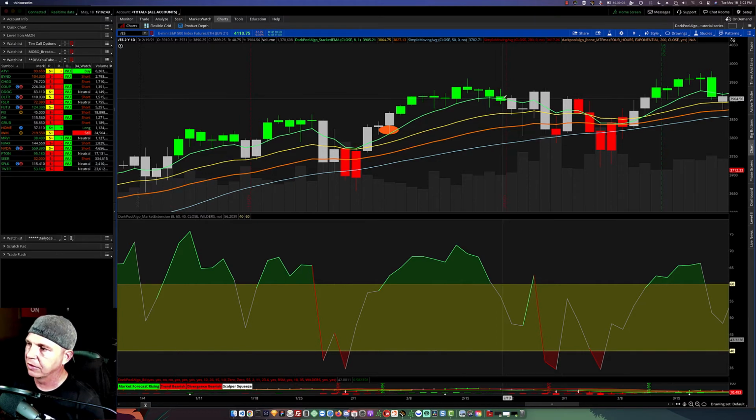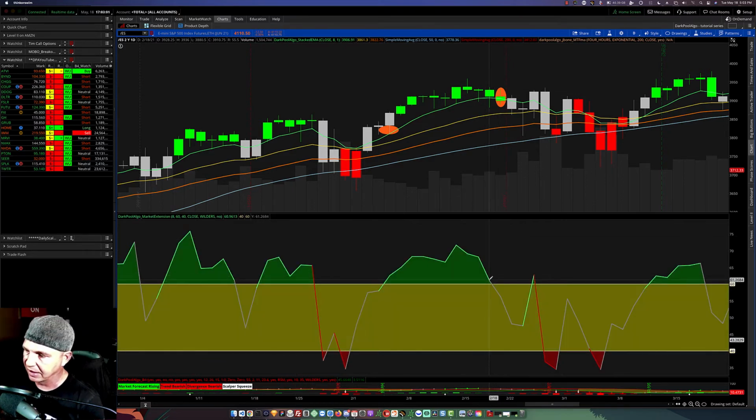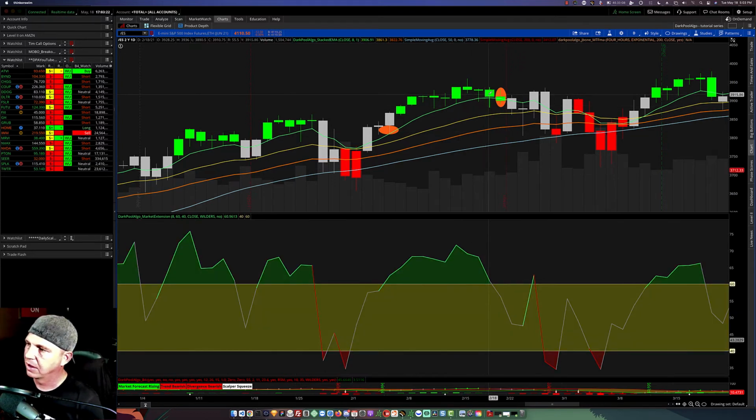Okay, so this trade would have been validated here at this candle that you see here with this circle. This would have been a validated trade in that it closed 50% below the 8 EMA. However, I would have known that this trade would have been invalidated because the trend line, or the signal line, had gone from bullish to neutral, and it had started to close below the 60 line, so back into the consolidation decision area, neutral. It's yellow because it doesn't really know what it wants to do. I could have gotten out there for a little bit more profit, but I definitely would have closed my position